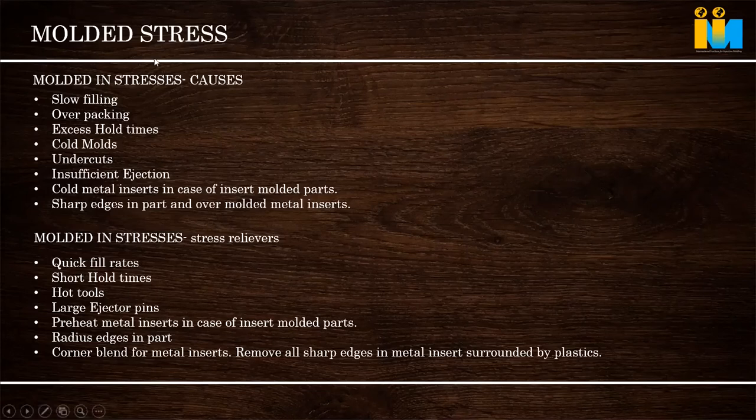So slow filling is a cause. When we are filling slowly, what happens? Our material, at 300 degrees, is injected very slowly. Plastic being non-Newtonian, its viscosity reduces during the injection. When it reaches the gate, it might have become 200 degrees. So what happens is the flow will reduce. The thick material's flow will reduce, and its viscosity changes as the temperature reduces.